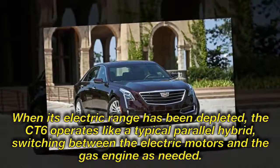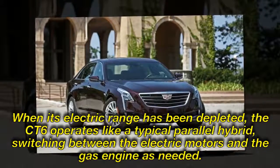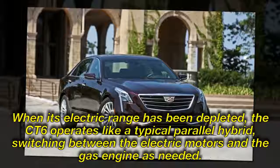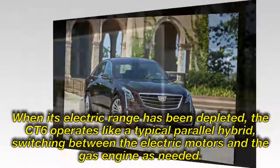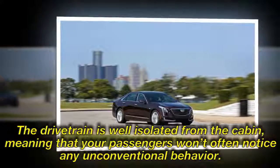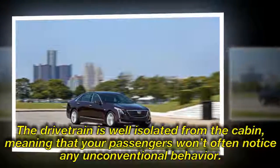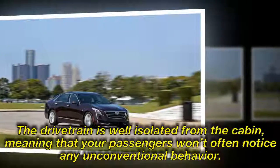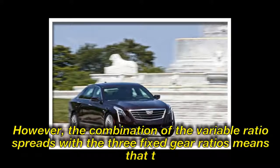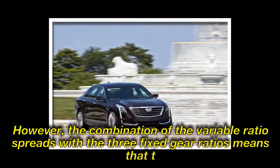When its electric range has been depleted, the CT6 operates like a typical parallel hybrid, switching between the electric motors and the gas engine as needed. The drivetrain is well isolated from the cabin, meaning that your passengers won't often notice any unconventional behavior. However, the combination of the variable ratio spreads with the 3 fixed gear ratios means that